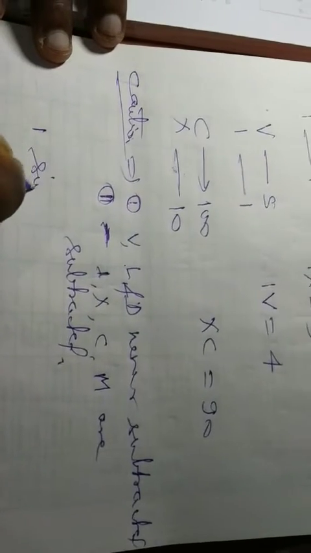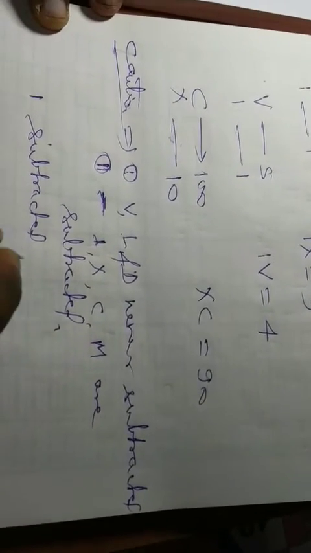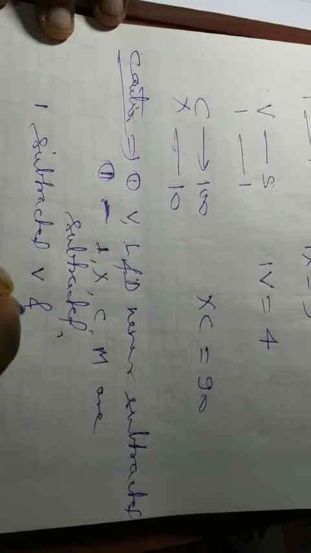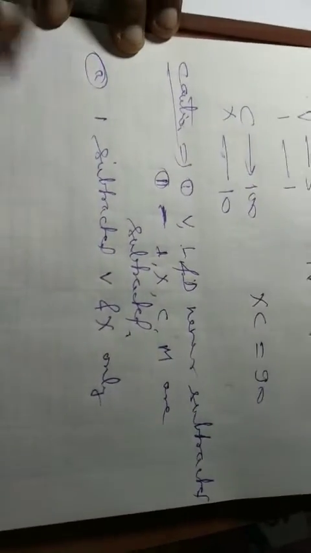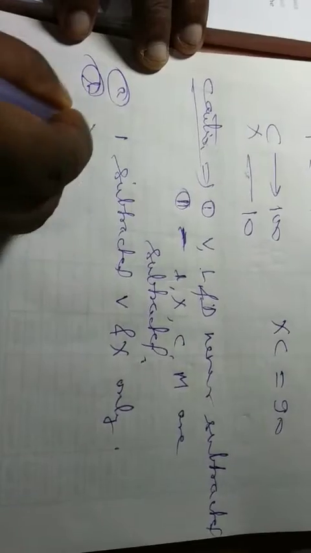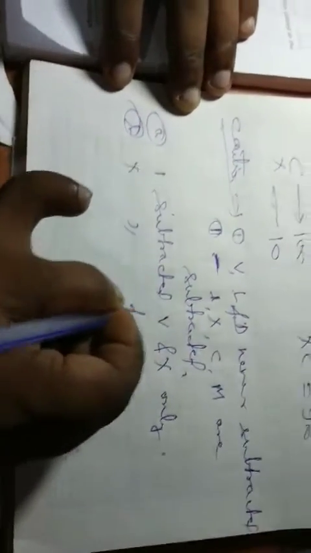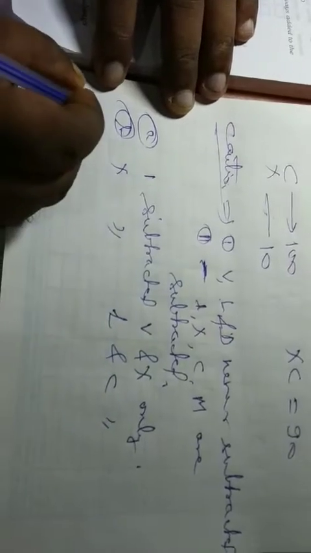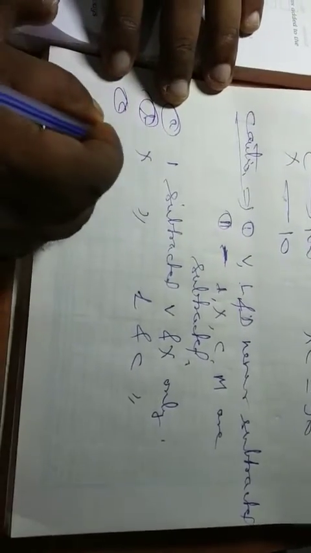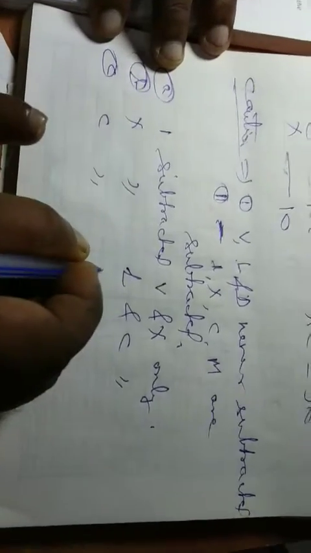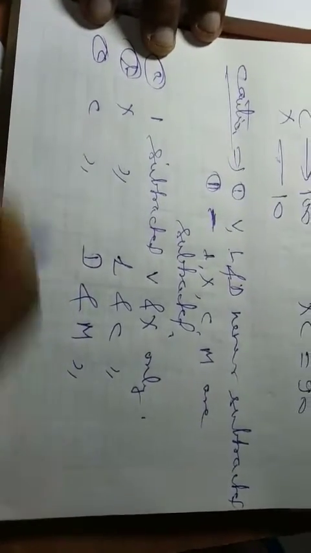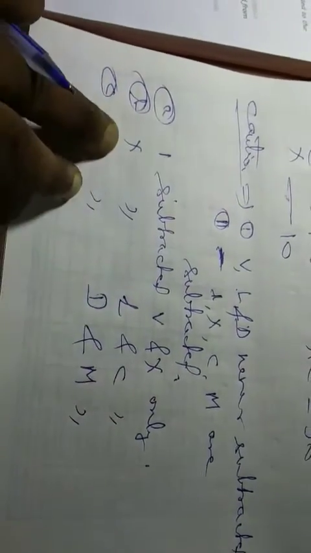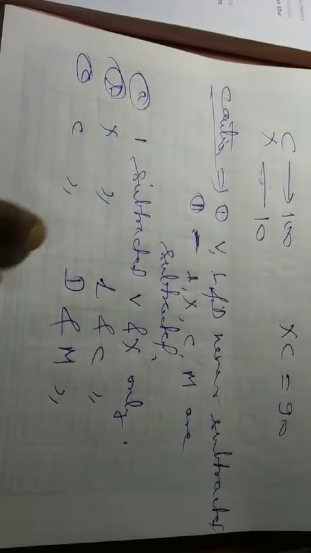But I is subtracted from V and X only. Remember, students, X is subtracted from L and C only. C is subtracted from D and M only. I is subtracted from V and X only. X is subtracted from L and C only. And C is subtracted from D and M only.